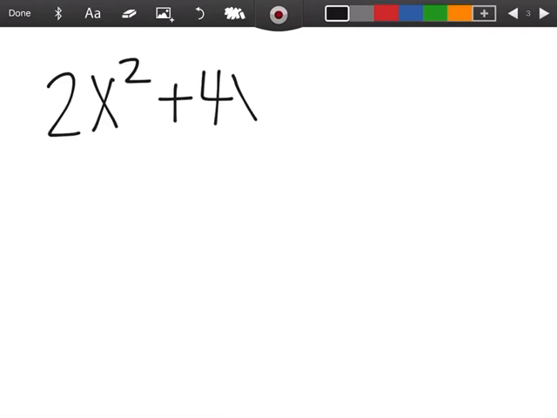So that would be 3 times 2 is 6, and x times x times x is x to the third. If I was asked to find the least common denominator between 2x squared plus 4x and 2x,